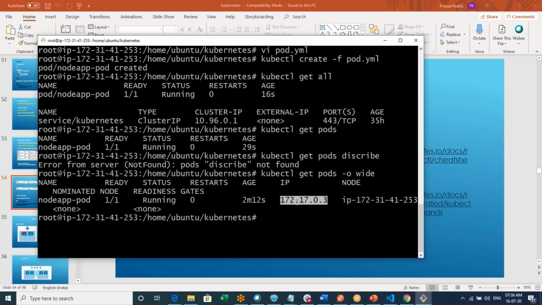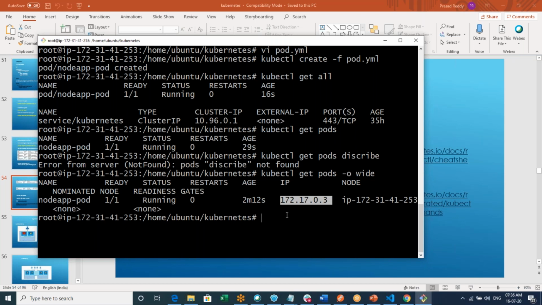For your pod, 172.17.0.3 is the IP address. Internally it got created. This is the node app pod name. It is running, 1 of 1, and the age is 2 minutes 12 seconds, and this is the IP address of your pod.